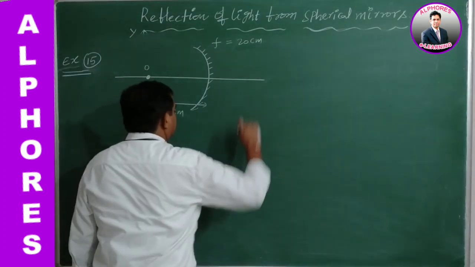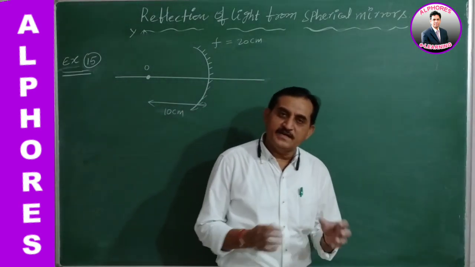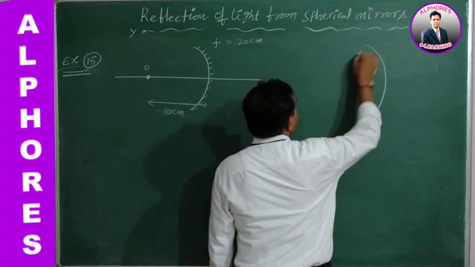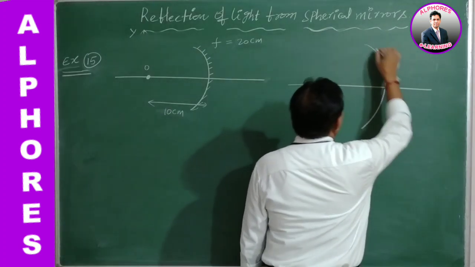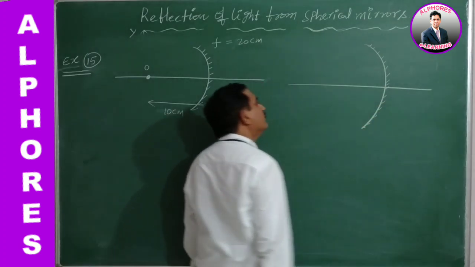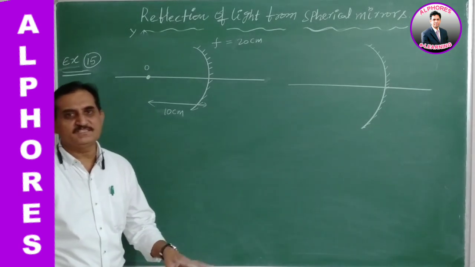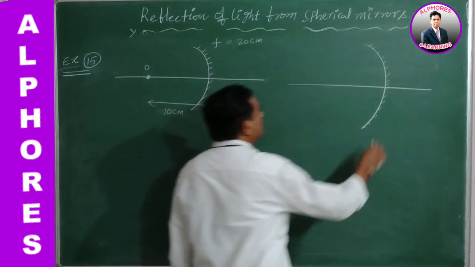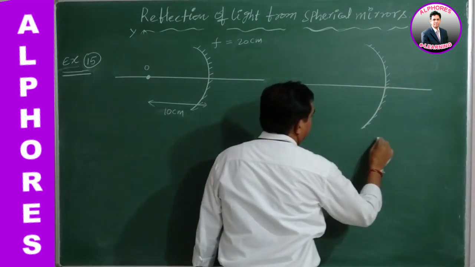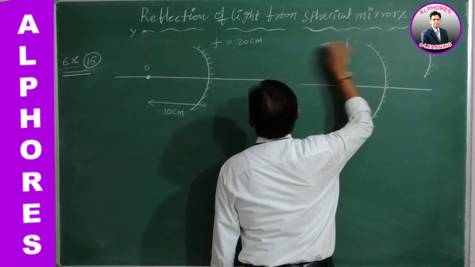Okay, now a concave mirror is cut into a number of pieces in the direction parallel to its principal axis. See, this is a concave mirror or convex mirror. Spherical mirror, it is not only applicable for concave mirror. This rule is applicable for both convex and concave mirror. If it is cut into two equal parts along its principal axis, one part is forming like this, its focal length initially how much? 20 centimeters.